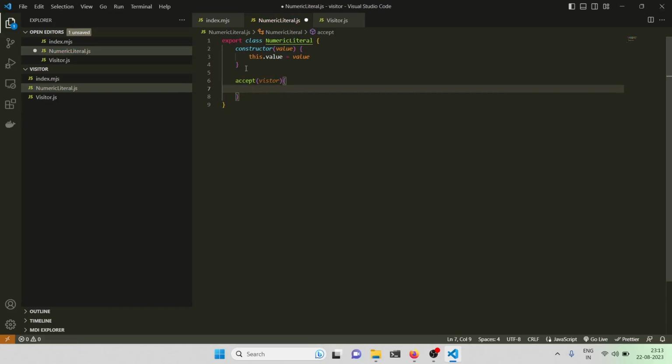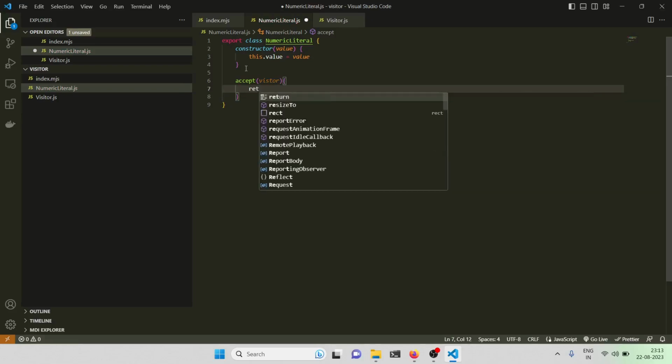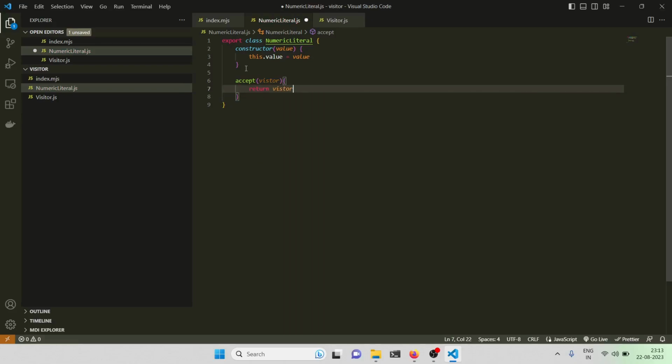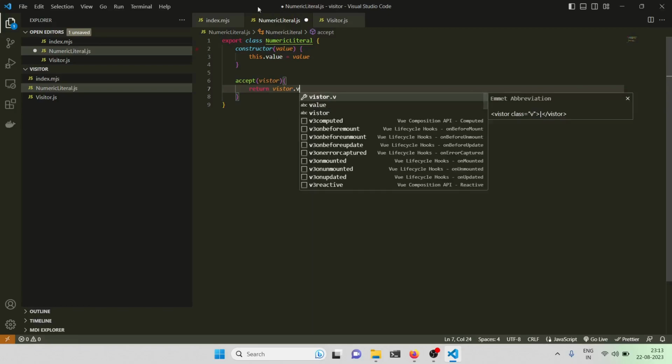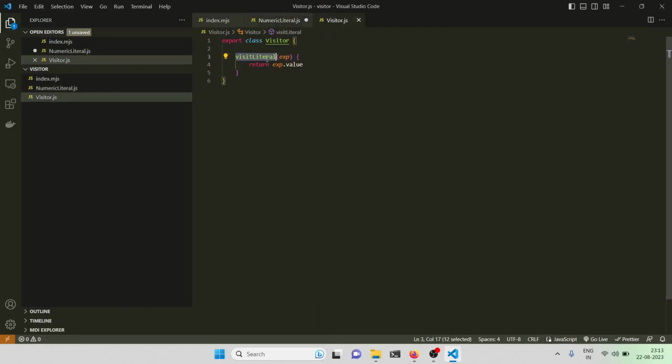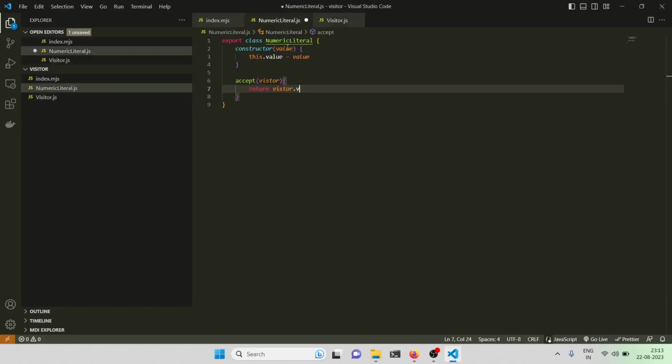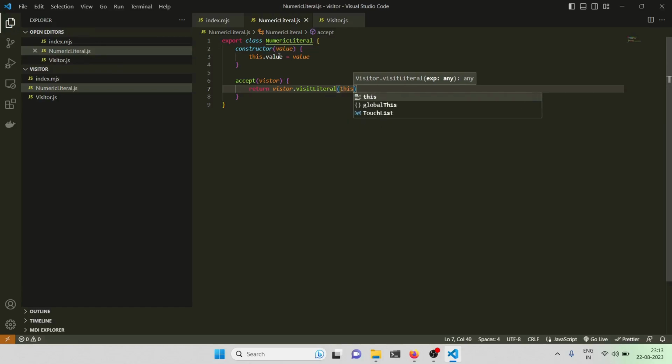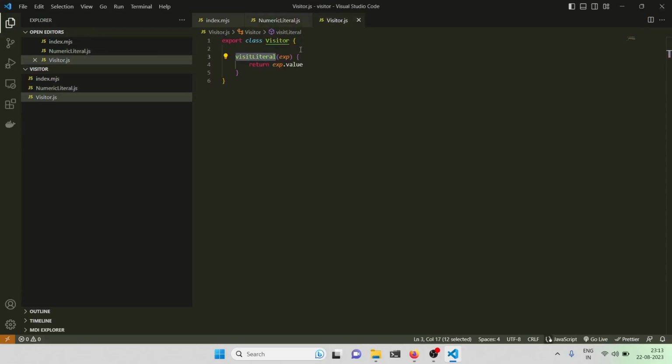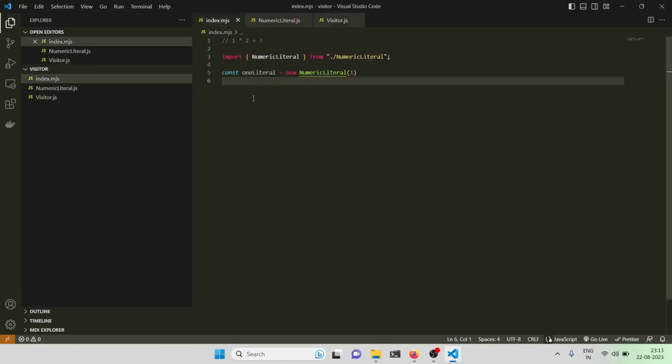Okay, and do return visitor dot, let me copy it only, visit literal, and pass it this class's properties like value and all, basically the object here, you can say, using this. Okay, so now what I can do is I need to just come here,